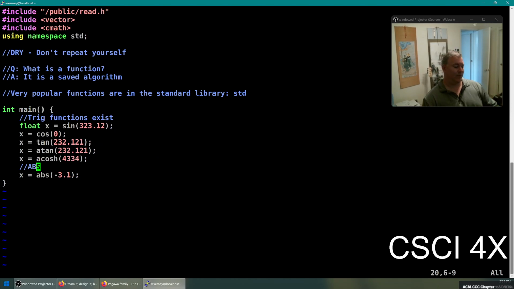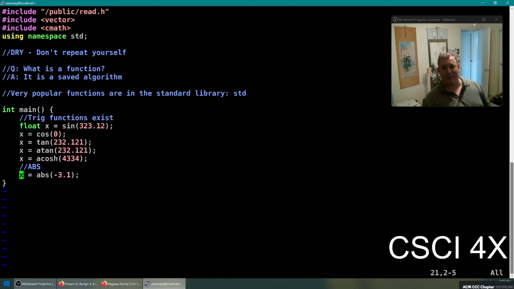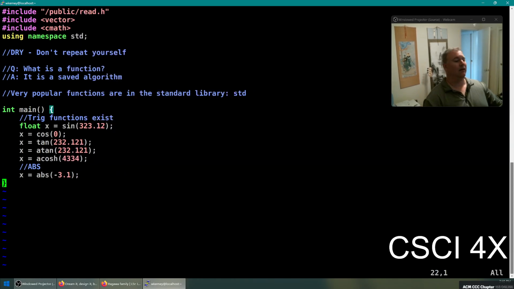How many people here could write an absolute value, like if x is less than 0? With four weeks of computer science under your belt, you could probably write a program that computes the absolute value of a number. Pretty easy, right? If x is less than 0, cout -1 times x, something like that. It's a little less typing,